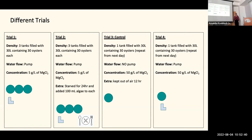If a pump filters the water, could we lower the concentration of magnesium chloride and create a more effective way of anesthetizing the oysters? So our first trial was to have the 3 tanks in that setup you saw before at 5 grams per liter. So we were trying 10% and trying to get as low as possible to see what we could achieve